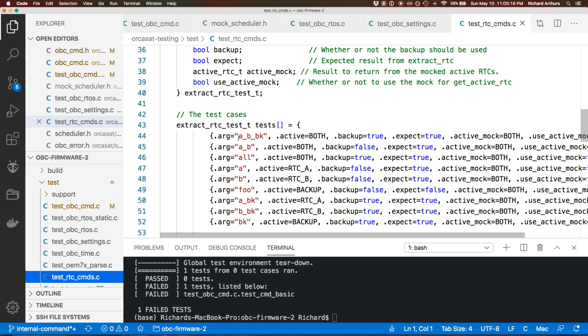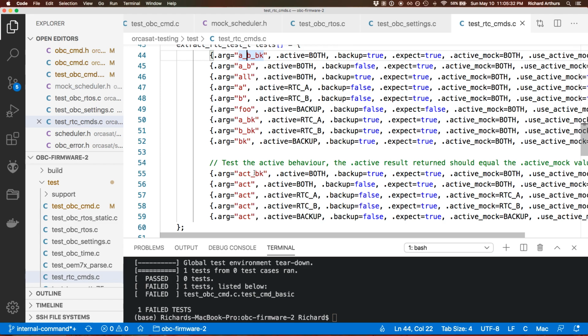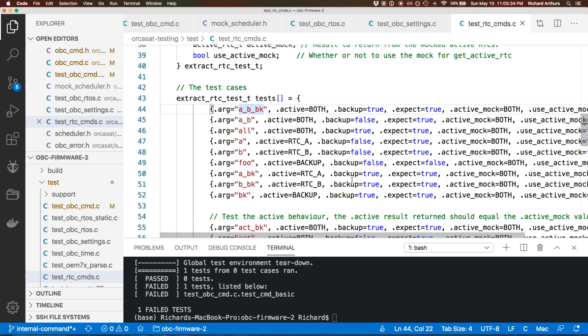Instead of writing a whole pile of individual tests to test all these different, essentially, command arguments, I think is what this is doing, building an array of them into your test and then having your test just loop through that array and expecting stuff. This can be a useful technique when you want to hit a bunch of values, or if you're able to generate some stimulus programmatically. That's also a really useful thing to do